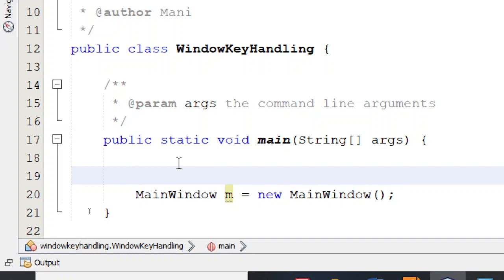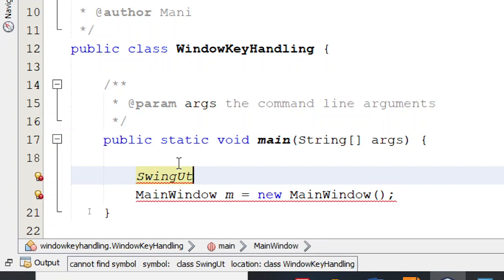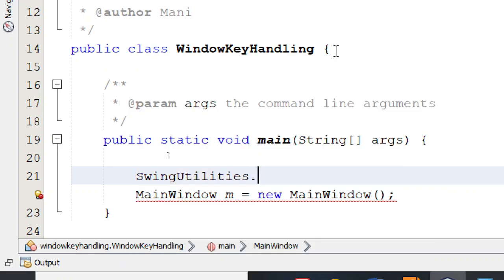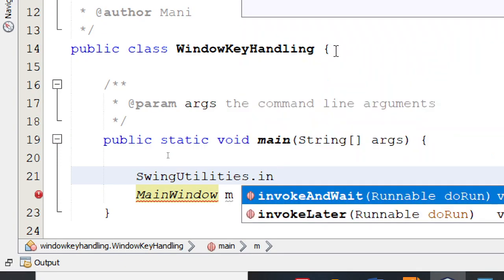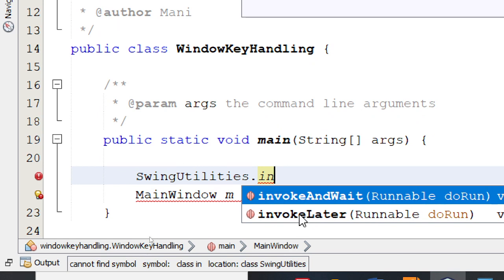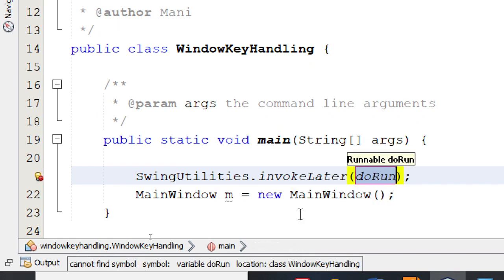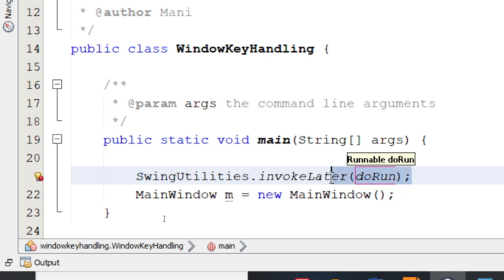So I'm going to go to something called swing utilities. Again, I'm not typing the whole thing. I will ask NetBeans, give me swing utilities. It's a collection of utility methods in swing, and inside this I'm going to say invokeLater. So what's the meaning of saying invoke this later? Now what this invokeLater will do is